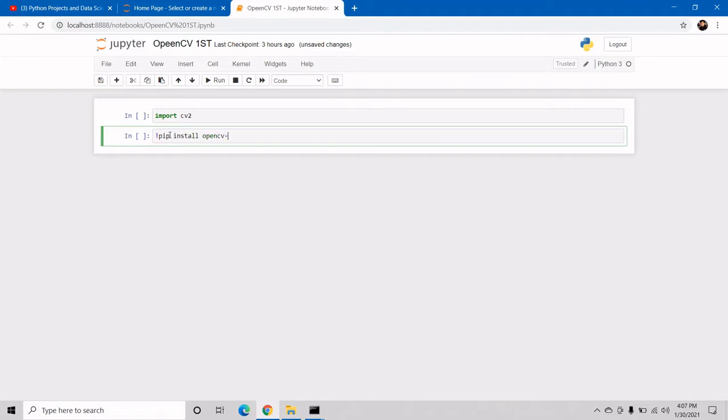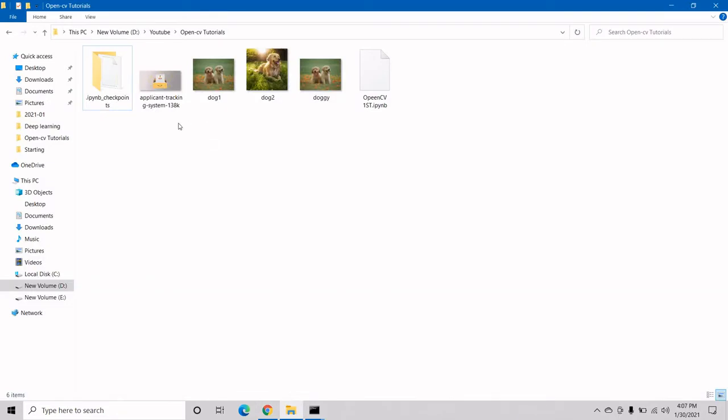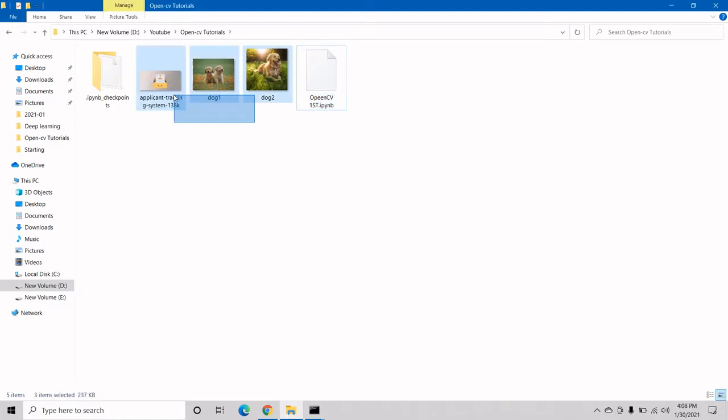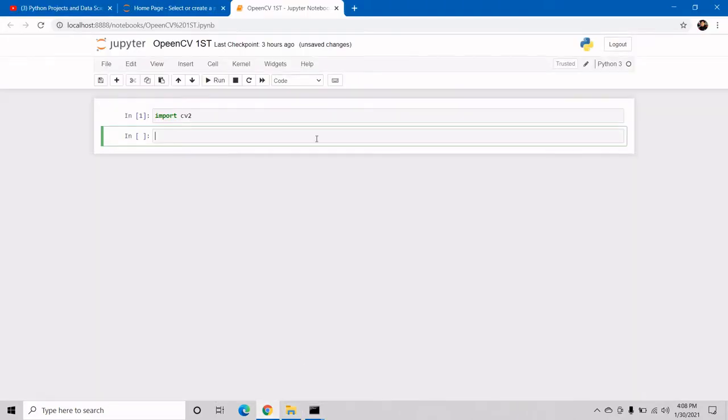After installing opencv-python, we have to import cv2 from it. Now as you can see, in my directory I have three images. So we are going to see some functions with these three pictures. For that I have already imported cv2.